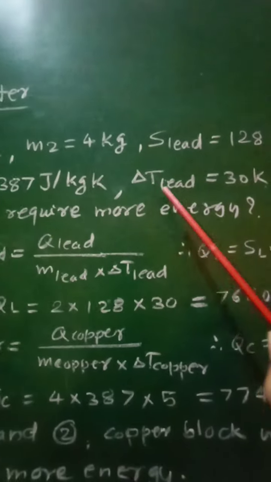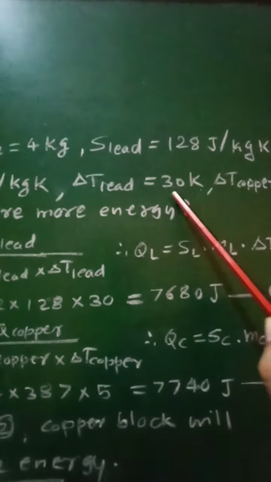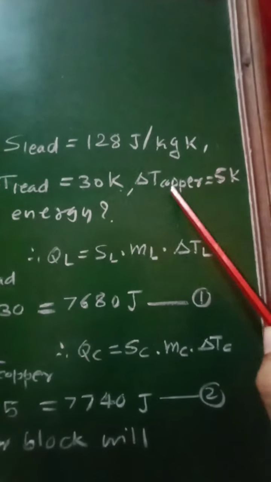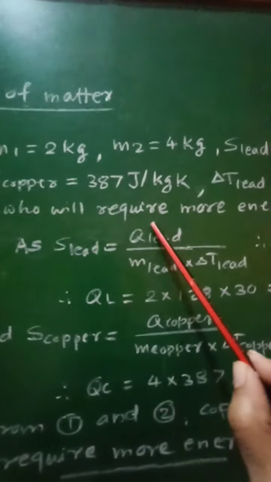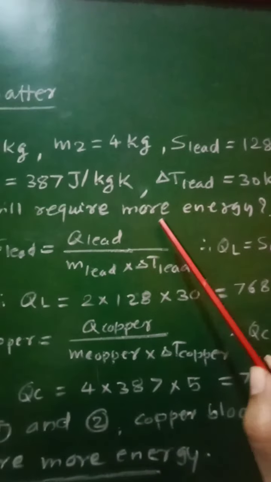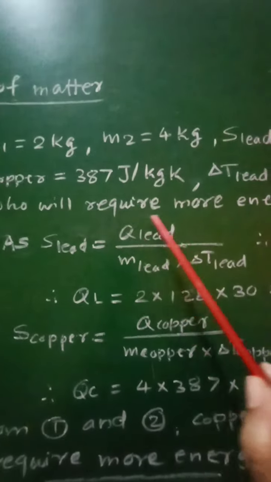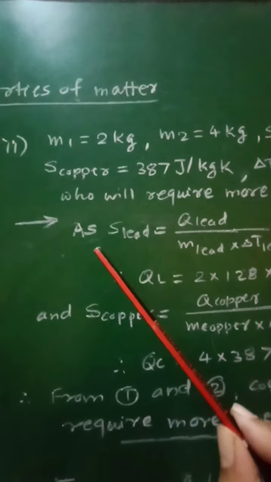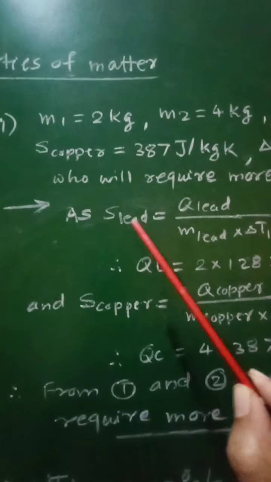Then delta T of lead, that is the change in temperature of lead, is equal to 30 Kelvin, and the change in temperature of copper, delta T, is equal to 5 Kelvin. And then from this, we have to find who will require more energy, lead or copper. For this, as we know, the specific heat capacity for lead, S lead,